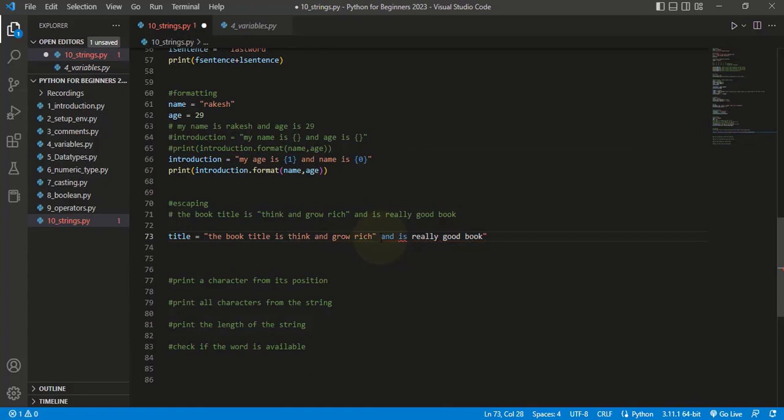As soon as I add the backslash, it will ignore the next character, that is the double inverted comma. Similarly here also I'll add a backslash, so that it will ignore the next character, that is nothing but the double inverted commas. Now if I save it and type